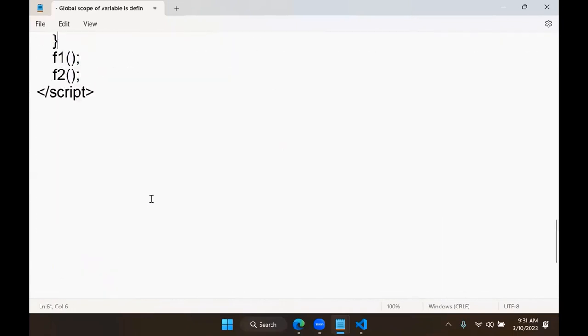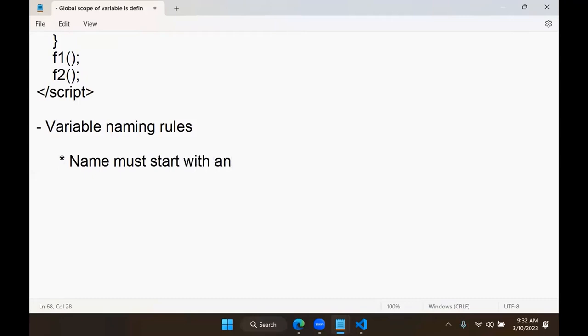Now, when you are configuring a variable, generally we have variable naming rules. While naming a variable, as per the standards, there are certain rules we have to follow. What are the basic variable naming rules? The first important point is the variable name must start with an alphabet, or